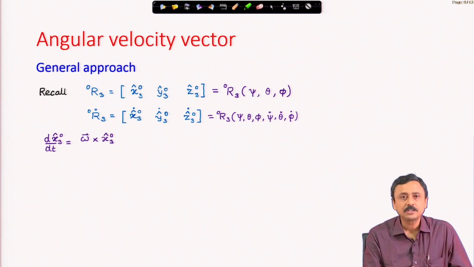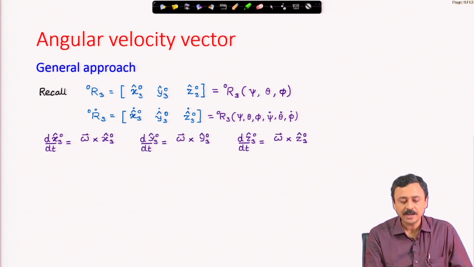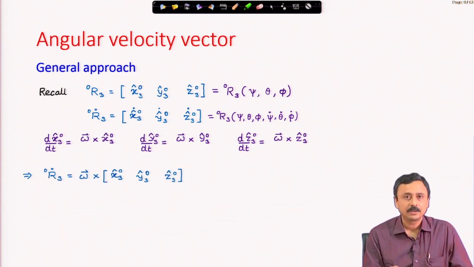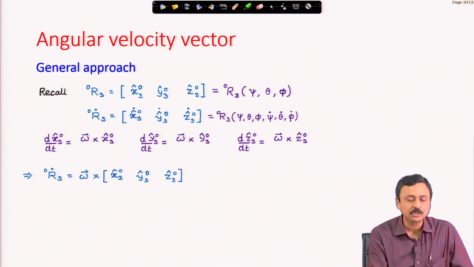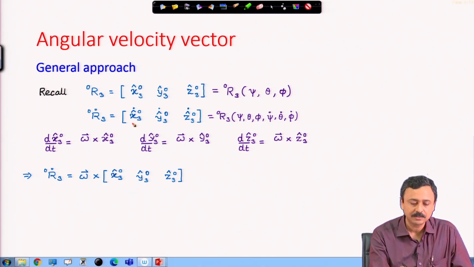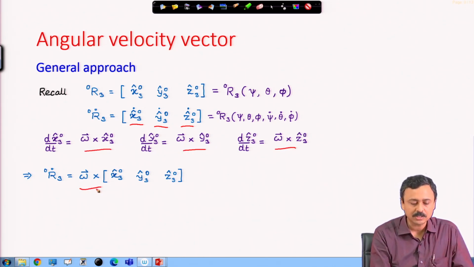Now, note this, we have discussed under kinematics that d/dt of a vector is omega cross the vector, because these are unit vectors, these are the frame vectors. d/dt of the frame vector is omega cross the frame vector. Similarly, dy/dt is omega cross y, dz/dt is omega cross z, and therefore R from 3 to 0 dot is nothing but the derivatives of these columns, as I have written here, and the derivatives of these columns are individually omega cross those columns. Therefore, omega cross can be pulled out,